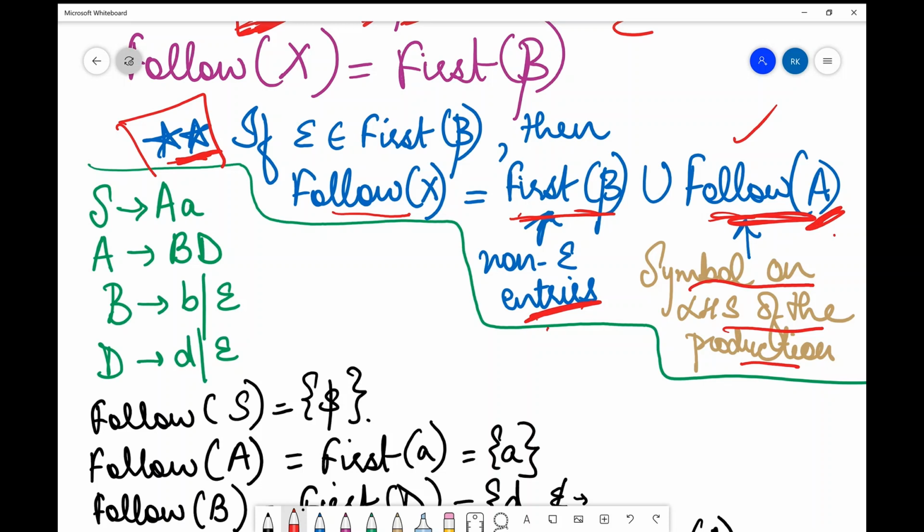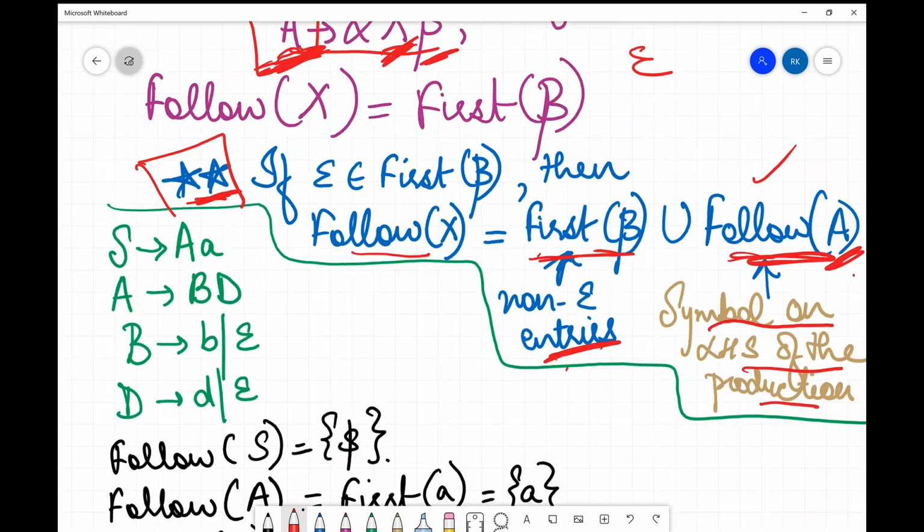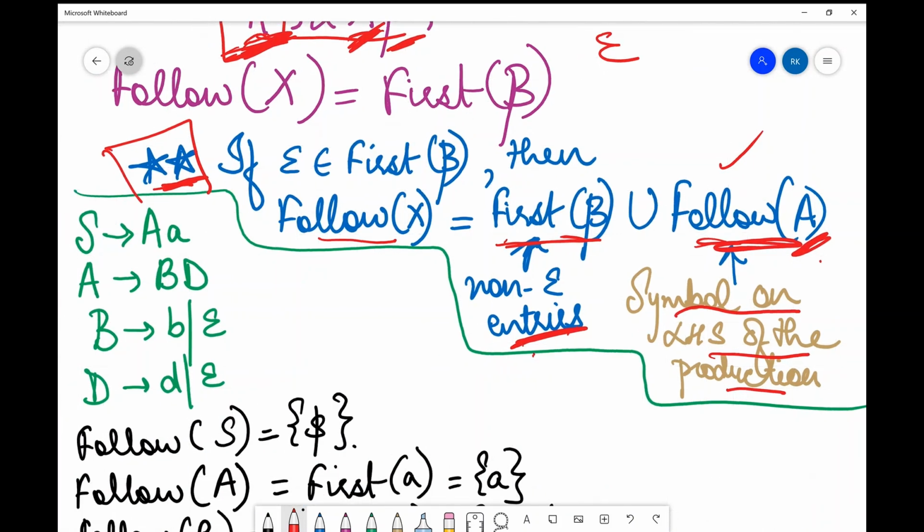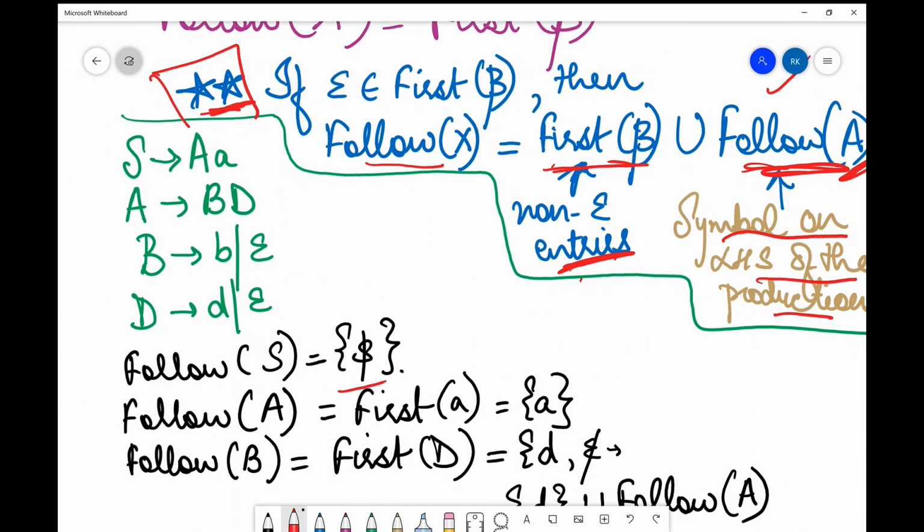I've just written all the productions once again over here. That's all what I've done. And now I'm going to find the follow one by one. So now follow of x. First of all, what was the first rule? Follow of x, if x is the start symbol, it will always contain dollar. That is why I've written dollar over here. Now there is no other production which is of the form, let's say x goes to ASB or any other form wherein x is basically participating.